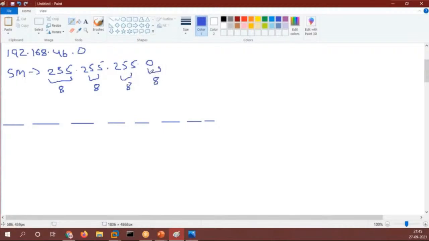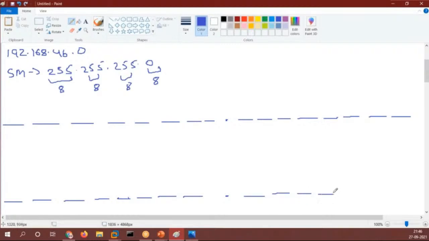So for every octet we will create 8 bits: 1, 2, 3, 4, 5, 6, 7, 8, dot, 1, 2, 3, 4, 5, 6, 7, 8, and the same for the other two. Now 8 bits are there for everything.